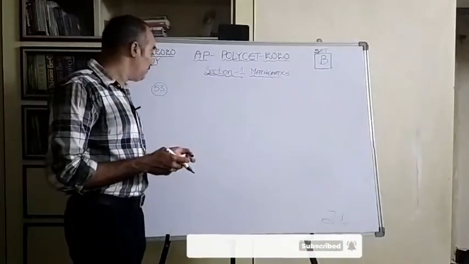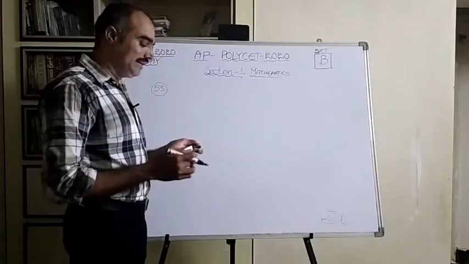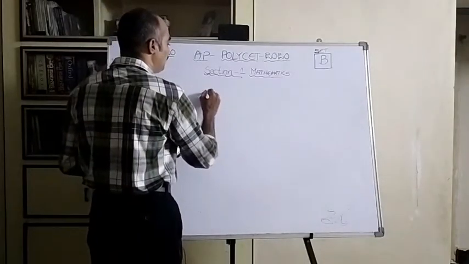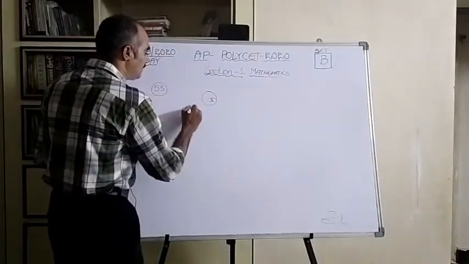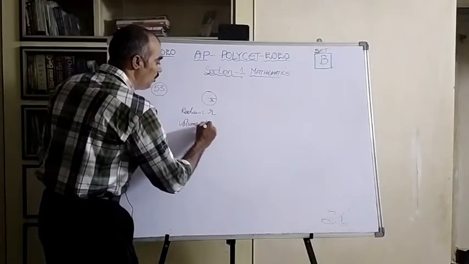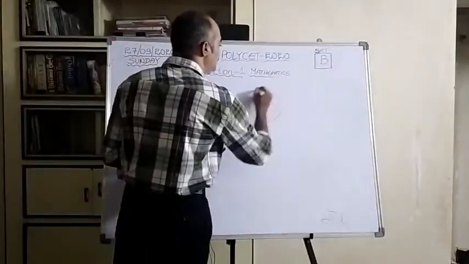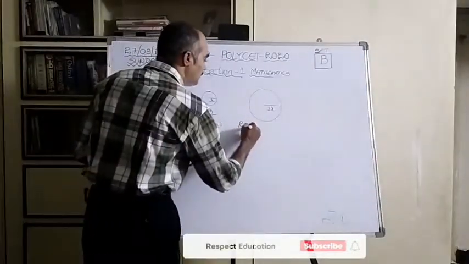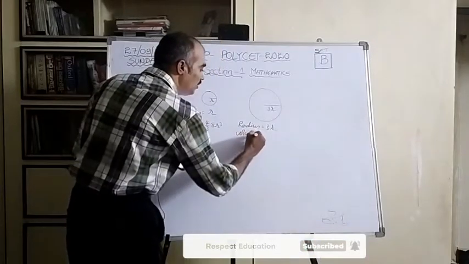Now question number 53. If the radius of a sphere is tripled, then its volume will be dash. Suppose here this is the actual sphere whose radius is r, right? Now let us take its actual radius is r, means its actual volume is 4 by 3 pi r cube. Now the question is that if r becomes tripled, means if r becomes 3r, right, that means here radius becomes 3r, this is the new radius. Now what is the volume, new volume?